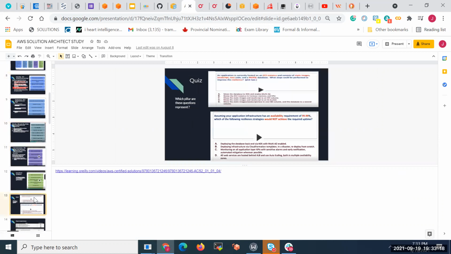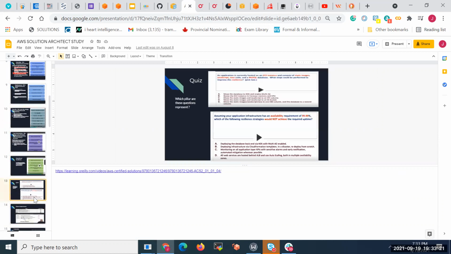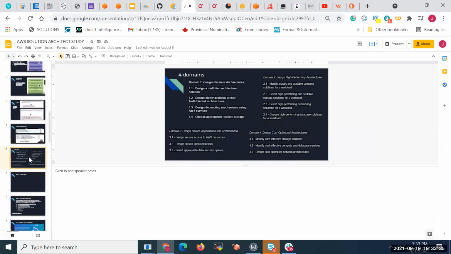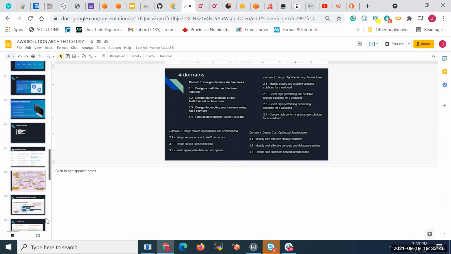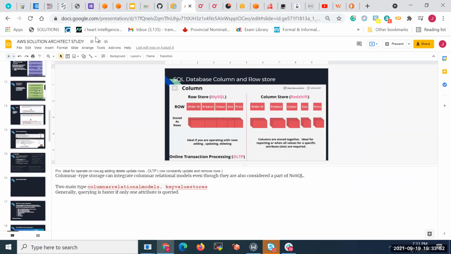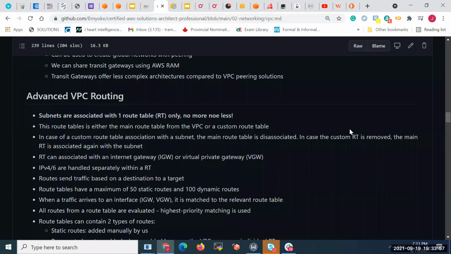So let me show you one more thing before we go. Yeah, so you can see here the different domains and where he suggests that you need to focus and the percentage of the examination and things like that. So yes, and also more on the domains, and this is all information that you can find in the official study guide. Yeah, and in here there's more on database and stuff like that. But for you, I think the most difficult will be the networking. So let me go back to my repo.